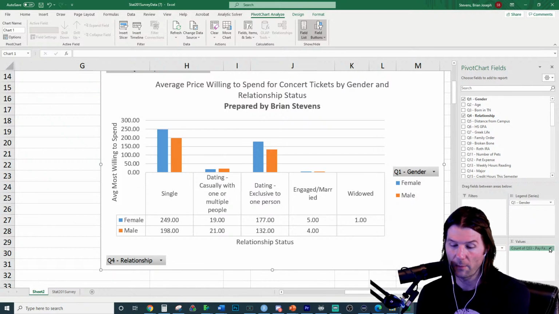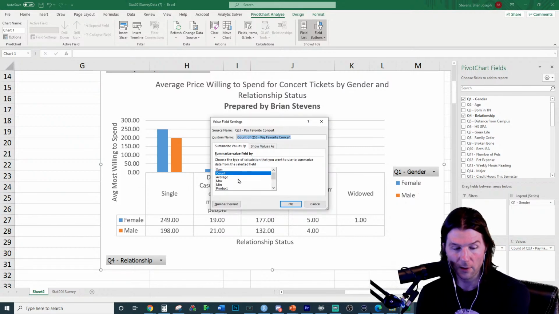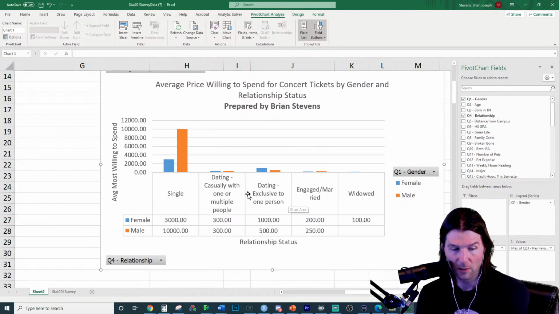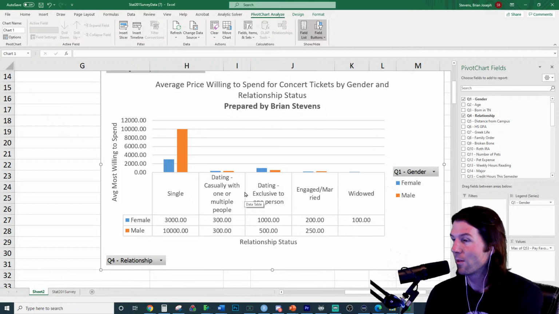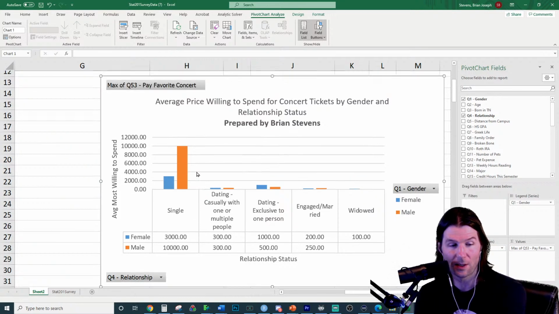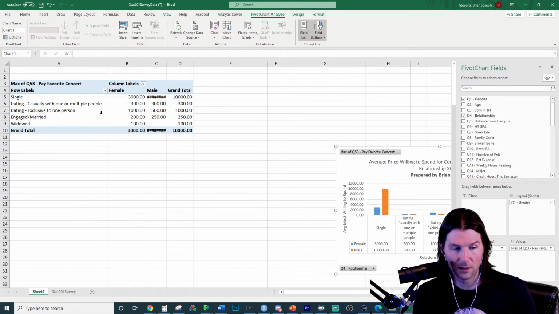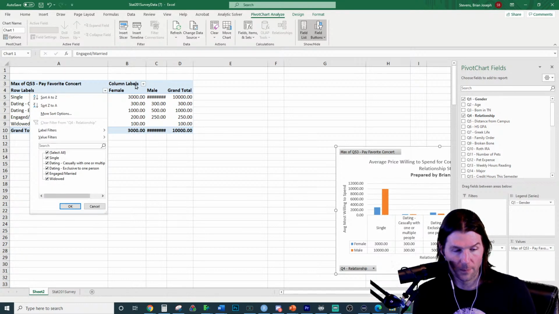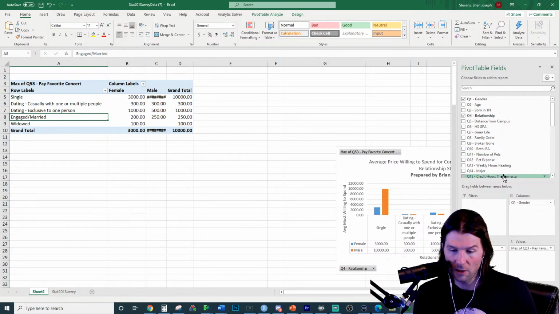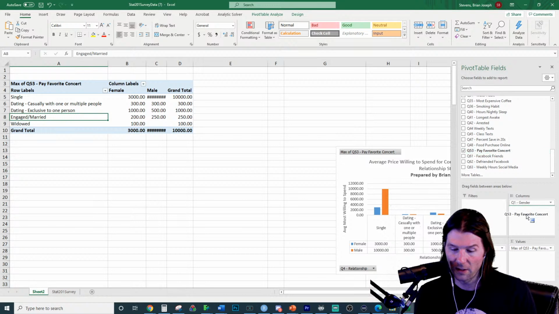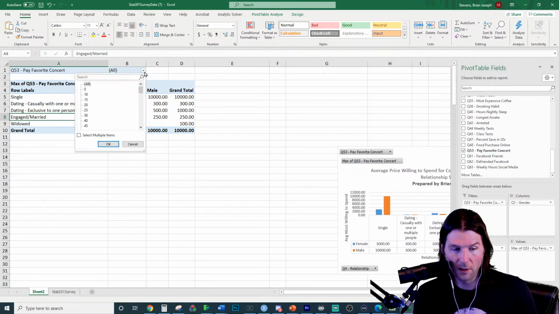So if we were to also look at the maximum, which is a way to look at outliers, let's go here to max. Someone said they would spend $10,000 for a concert. There was a male who's willing to pay $10,000 for a concert. And what's super cool about all this, what's so great about the way Excel does this, is I can go over here, or I might actually need to add it. Let's go over here to, I'm going well above the assignment right now. We could go over here and say, you're willing to spend $10,000? Really? Well, I'm going to go over here